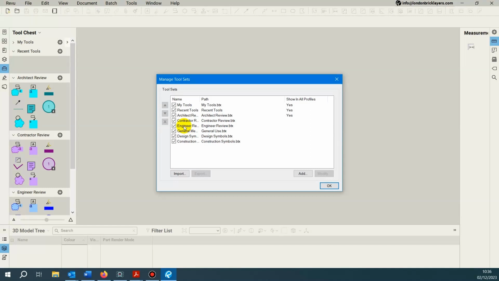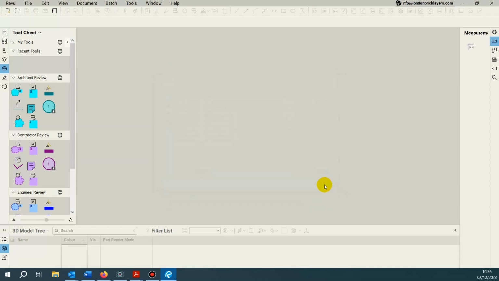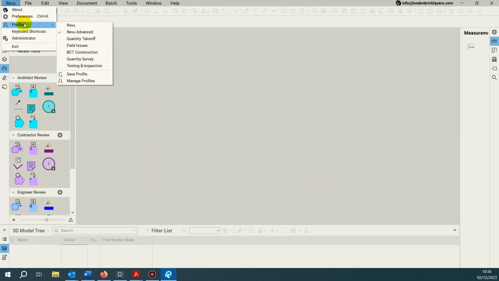highlight the tool set that you require to transfer from profile to profile, click on Modify, check the Show in All Profiles option and just click OK. Just click OK to come out of that. Now return to the profile that you want to import the tool set into,